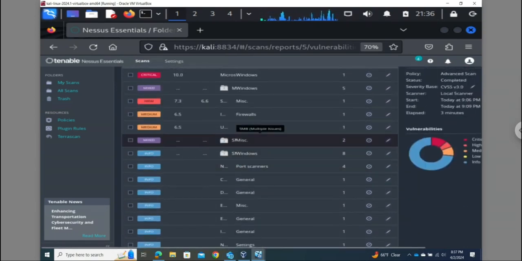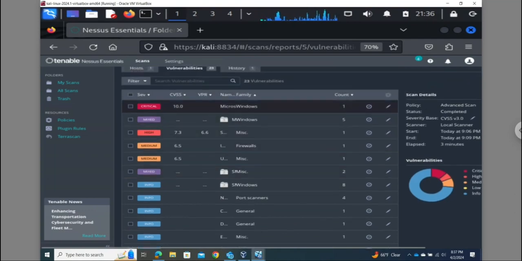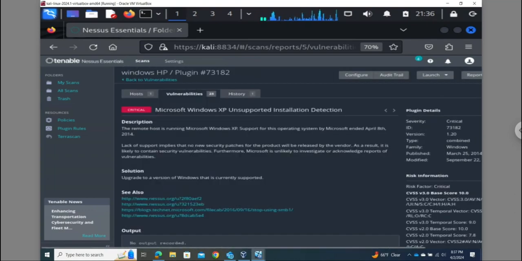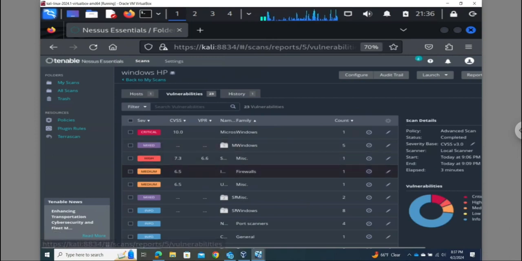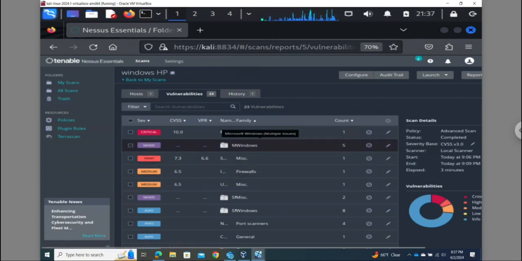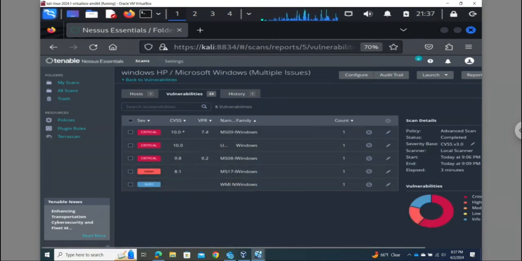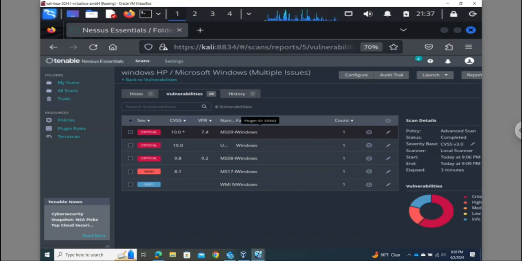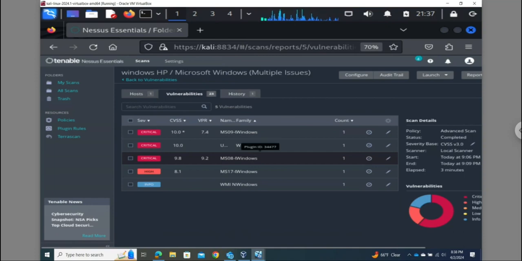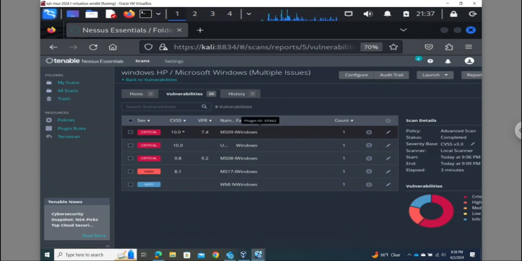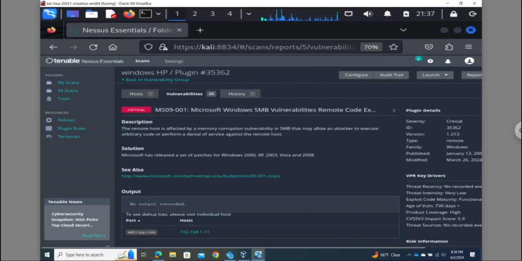If we are interested in finding the critical vulnerabilities, we click on Microsoft and the critical vulnerabilities, which give us some kinds of vulnerabilities on the target system. One is the MS09 vulnerability, which is a missing package. Another one is MS08. Then MS17 vulnerabilities. If you want more information about this, if you click on it, it will